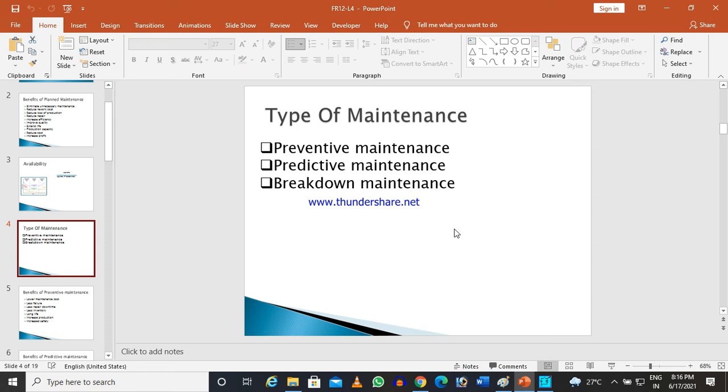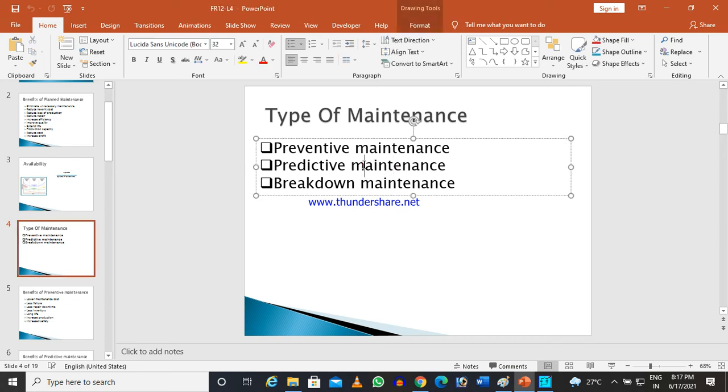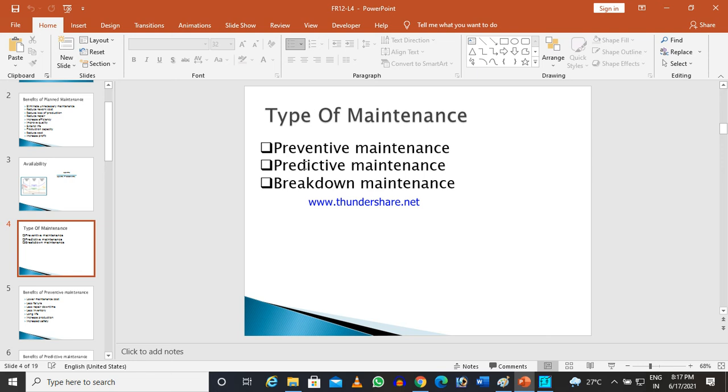You are regularly monitoring the parameters, and from there you are forecasting the performance of the machine, whether there is a probability of any disturbance or breakdown occurring. Today this predictive maintenance is very important, and we will be learning it in detail in this course. And breakdown maintenance: once the breakdown is there, definitely you have to go for the maintenance.